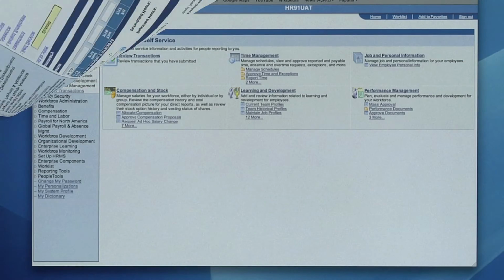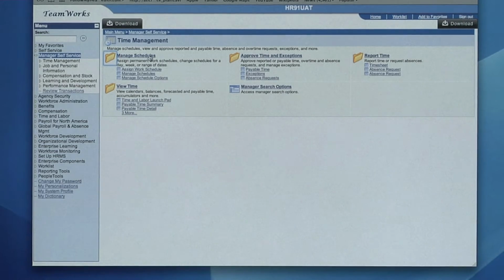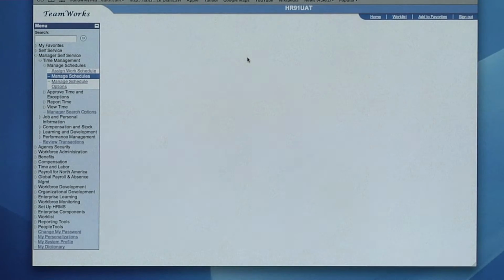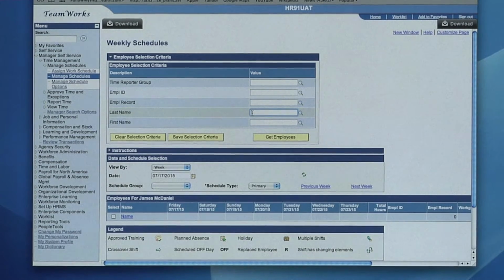You will note that each staff member has an assigned schedule. The assigned schedule will be pre-populated by the state accounting office. Most employees work 5 days a week, 8 hours a day. If you have employees that perhaps are on a 4-day, 10-hour schedule, you will need to contact Human Resources to